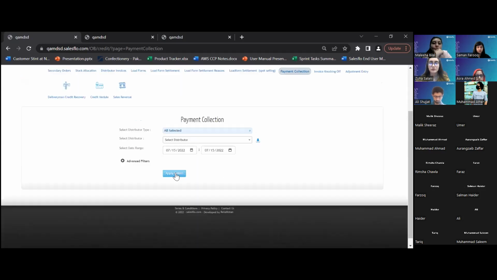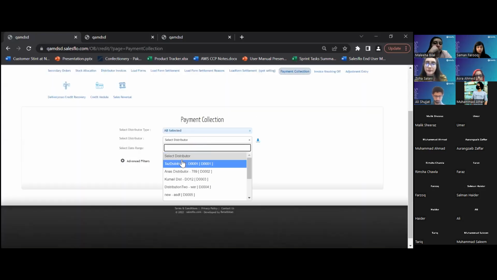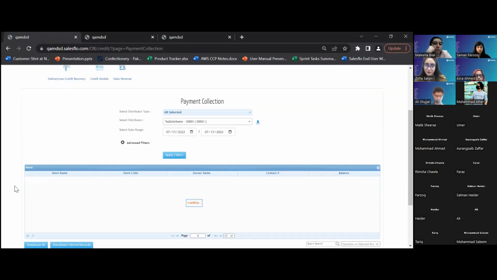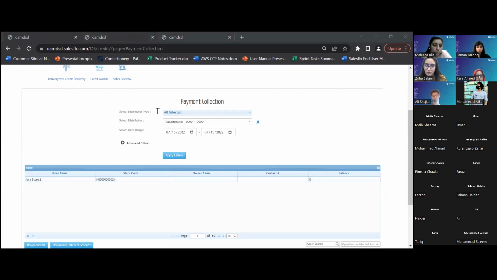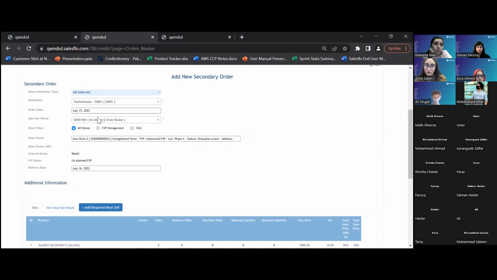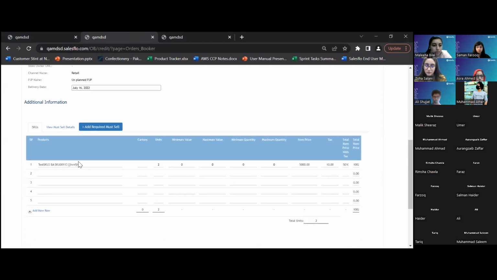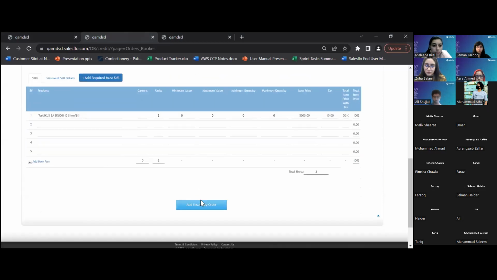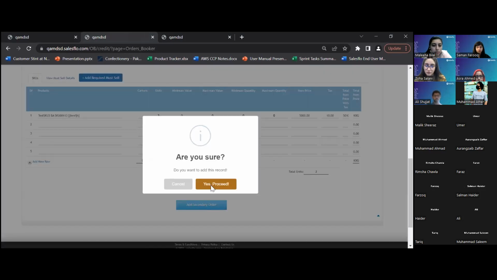So we can see that when we select our distributor and we click apply filters, Astra store 2 currently has, we had transactions today, but all of the balance has been cleared. So our current balance is at 0. We can now place a secondary order. So we have this distributor, we have Astra store 2, we have our SKUs. I place the secondary order